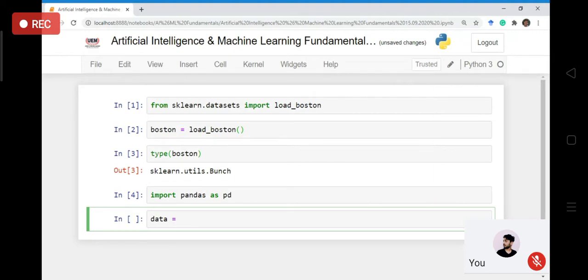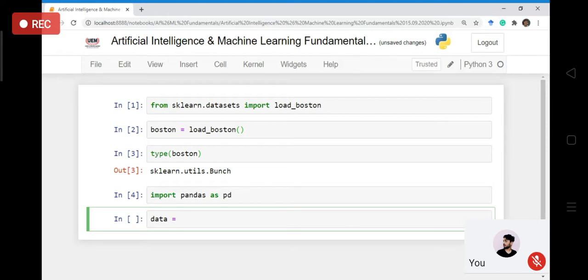Now this data variable contains the independent variables of the data set. There is another variable called target that contains the dependent variable of this particular data set. At this point of time, I would like to visualize only the independent variables.